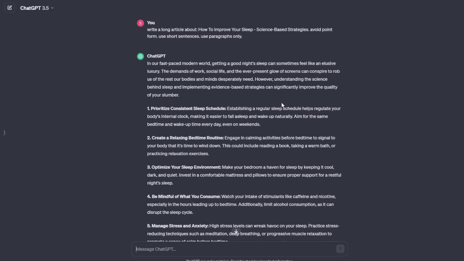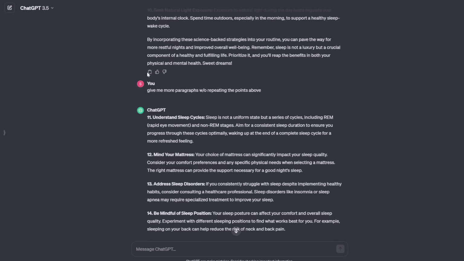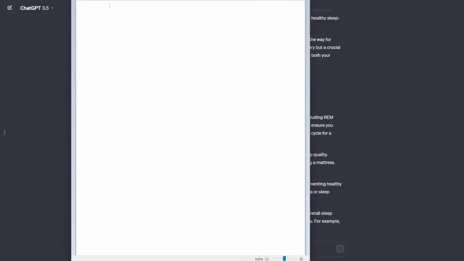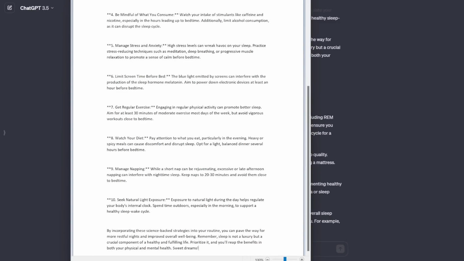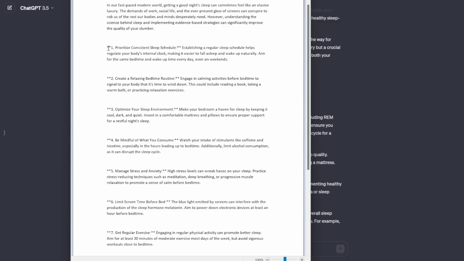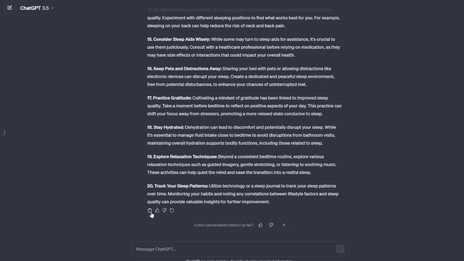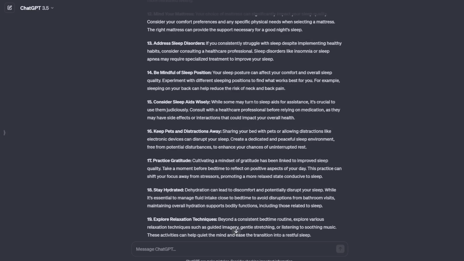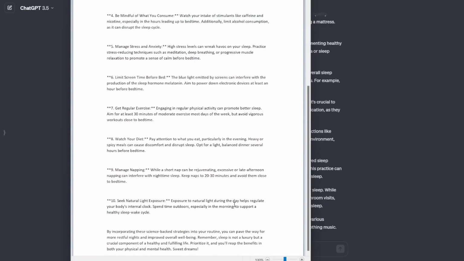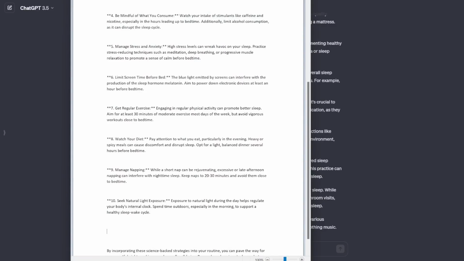So next step is we need to copy and paste this into a text editor like Notepad or WordPad first, just so we can format it a bit. You can see here, for example, there are these stars and numbers that we don't need, so we've got to get rid of that. We just want the whole thing in paragraph form. And then I'm also going to copy the additional paragraphs and paste them right before the conclusion paragraph.